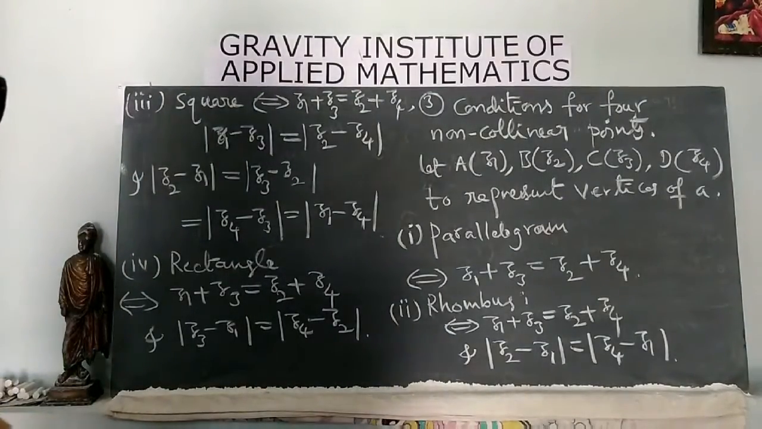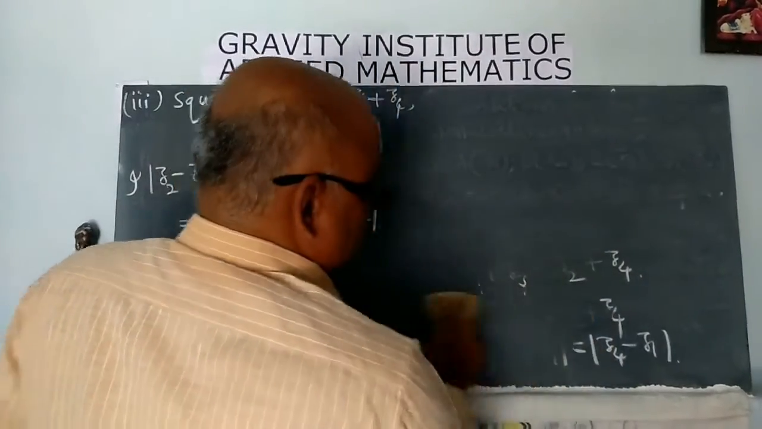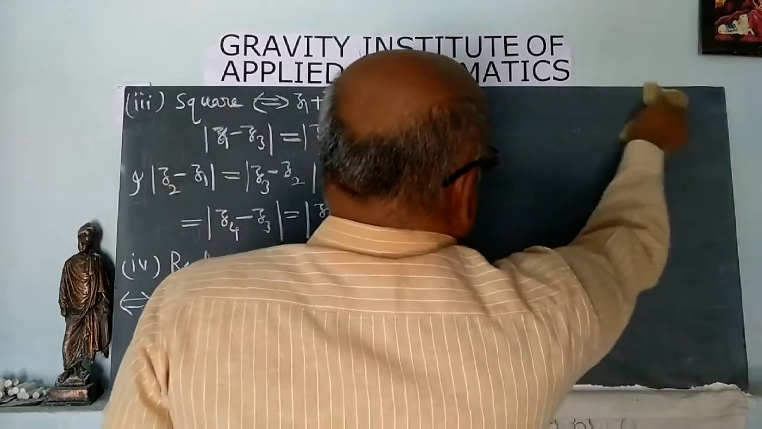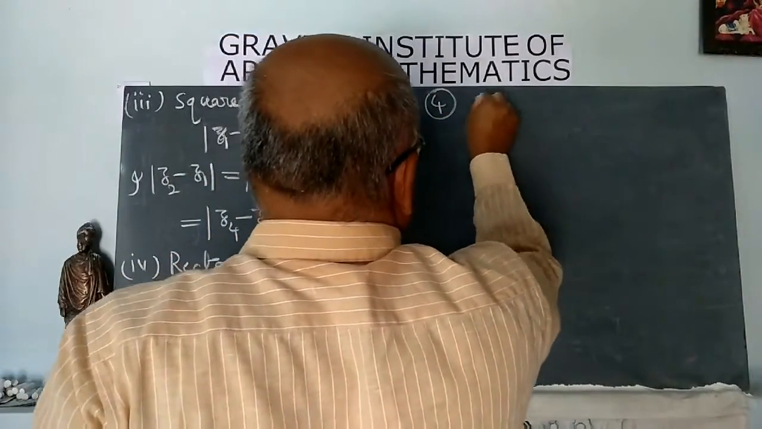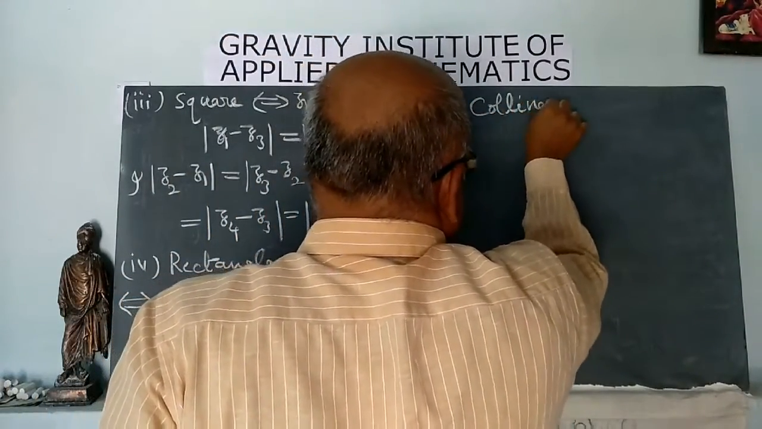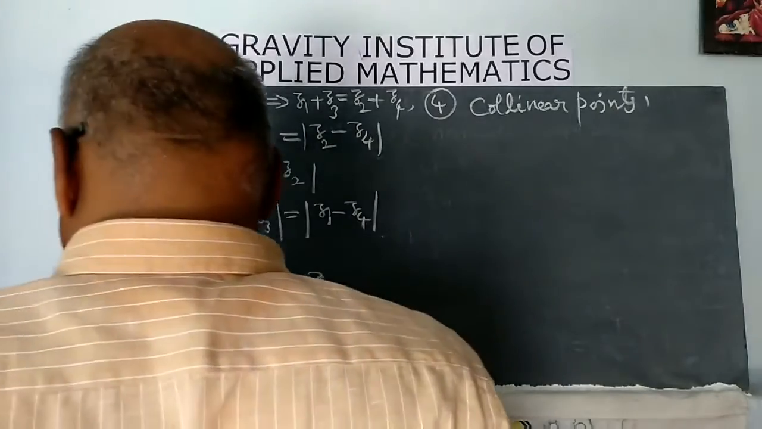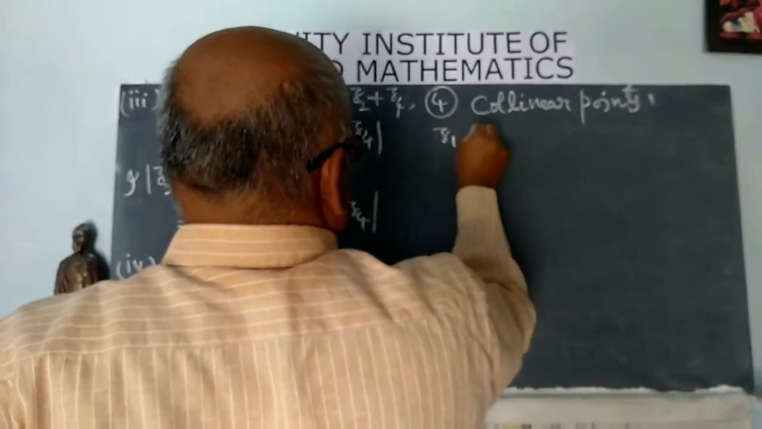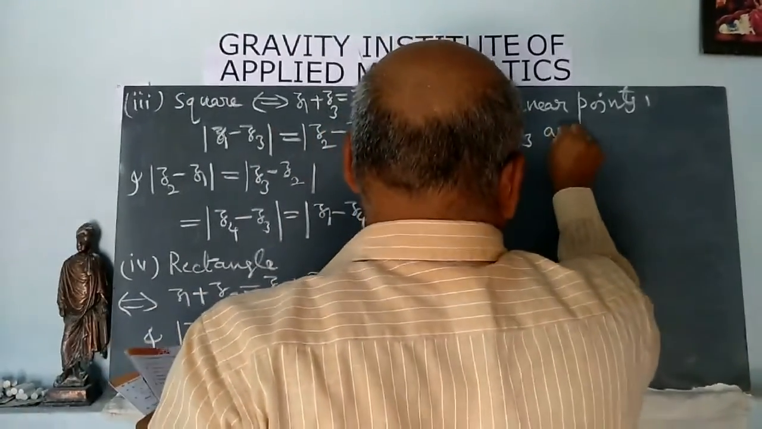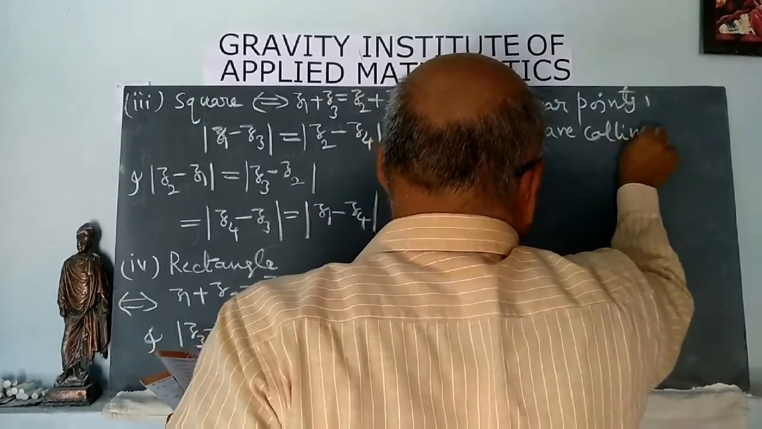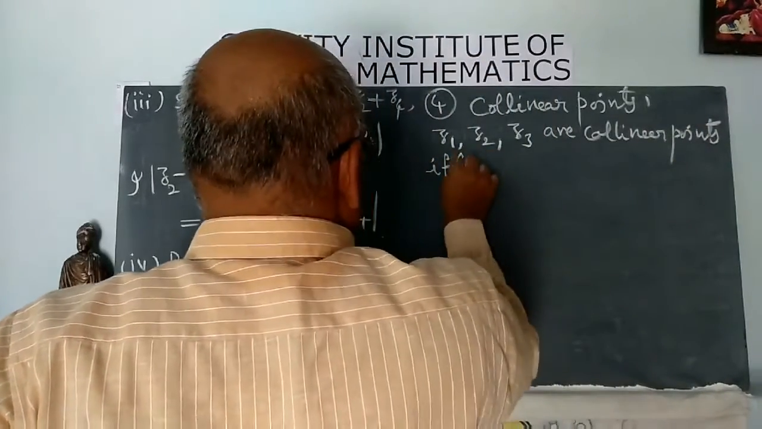Next, fourth result, collinear points. Z1, Z2, Z3 are collinear points if and only if